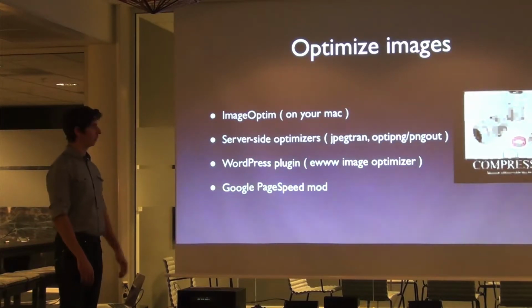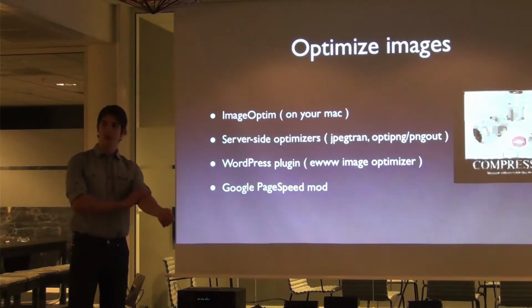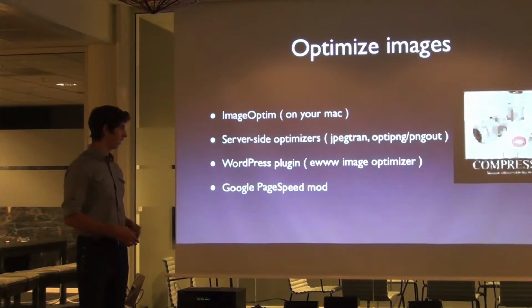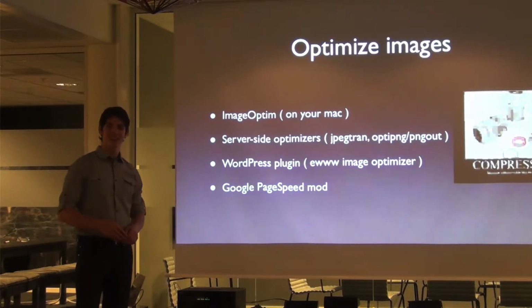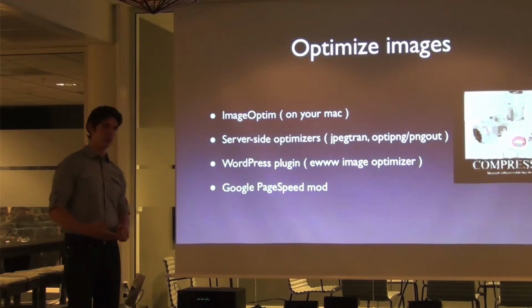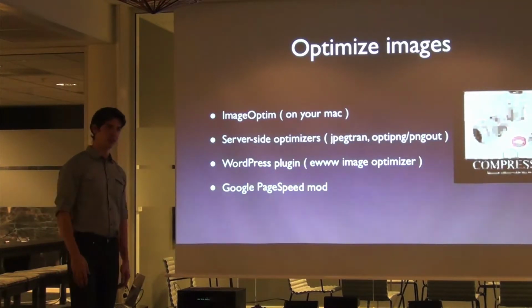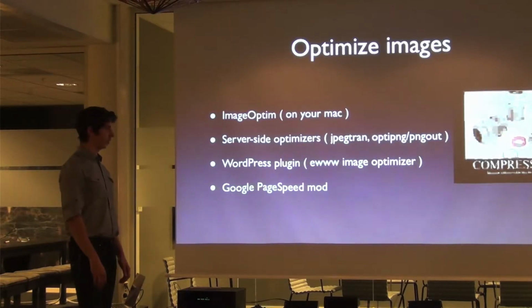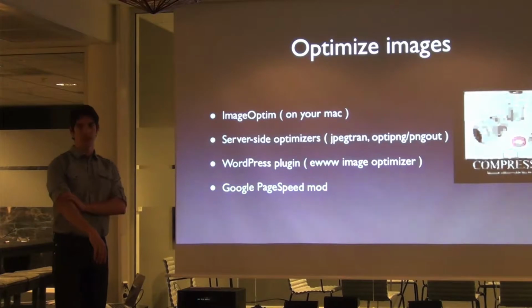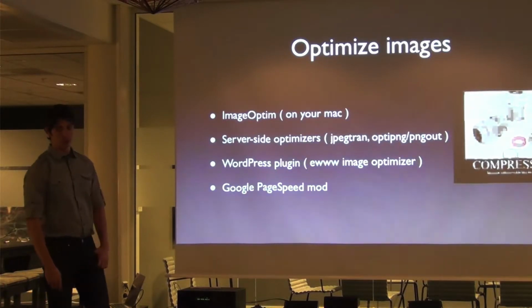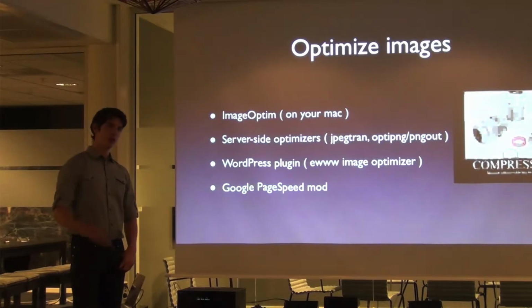So for example, PNG out and stuff like that, you can install on your server, and if you use it with a plugin like EWWW Image Optimizer, then it can automatically optimize all the images you upload in WordPress. And this can save you anything from 60 to 25% of the size of an image. And if you do that on all your files, you very quickly save like 20% on your whole site in terms of bandwidth. And also, again, Google's PageSpeed mod is made so that you can enable it to automatically